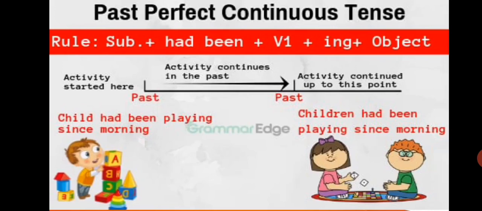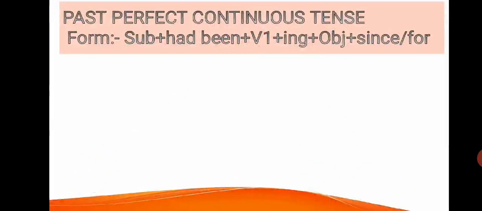On the right hand side there is written, children had been playing since morning. So we use had been with either a singular subject or a plural subject. Now let me give you more clarification. In past perfect continuous tense, we use subject plus had been plus first form of the verb with ing and object